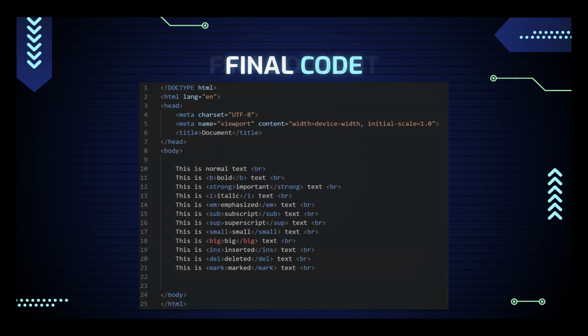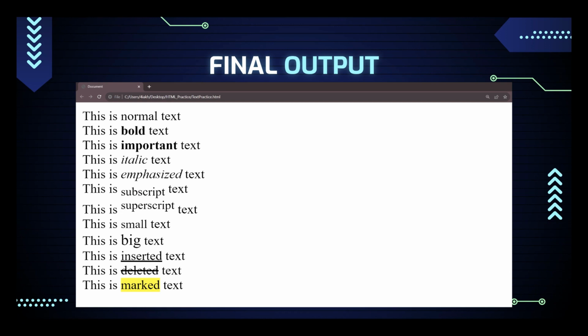So this is our final code, and this is our final output on a web page. We have the word document at the top, which is our title, and then we have each sentence printed with the correct formatting or style that we applied. So the ones we went over were bold / important, italic / emphasized. We have a subscript, superscript, small text, big text, inserted or underlined, deleted or strike through, and then marked